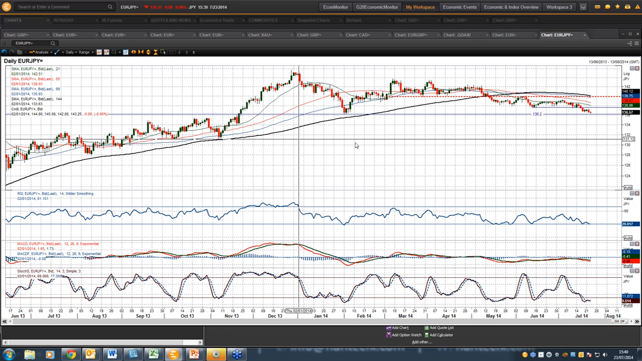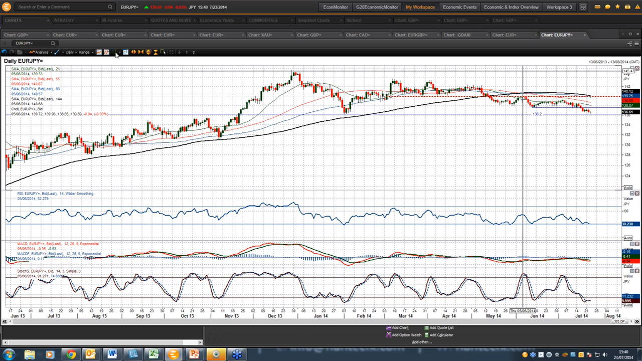But certainly euro yen looks pretty negative as well, falling under this key support, which has subsequently been used as the basis of resistance. We've seen that at 140, and again, if you zoom in here,